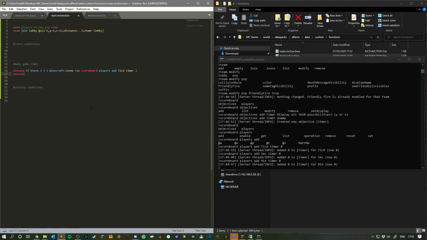We're going to use the execute command, but this time execute if score, S-C-O-R-E. So execute if score tick. So if the tick player that we created, timer, on the scoreboard timer matches 20. So if our fictional player tick on the scoreboard we created timer matches 20 points, okay, we want to